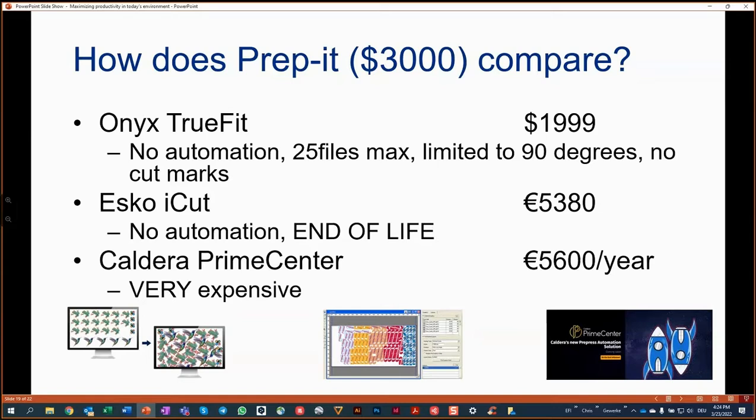Caldera Prime Center, really nice product as well. From a layout standpoint, very similar to what Prep-It can do. Very honest, it can do a little bit more because it can do PDF pre-flight, so the analyzation of a PDF, but it cannot fix a PDF. So our job flow is way more powerful, right? But I need to be fair, I can do a little bit more than prep it because it can do